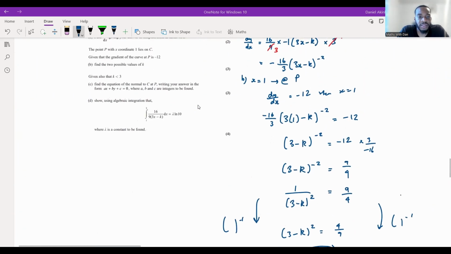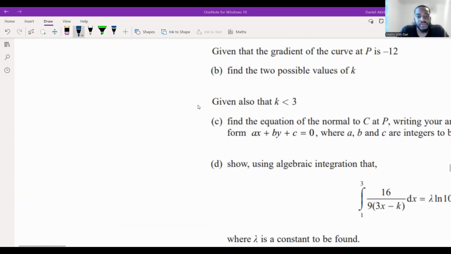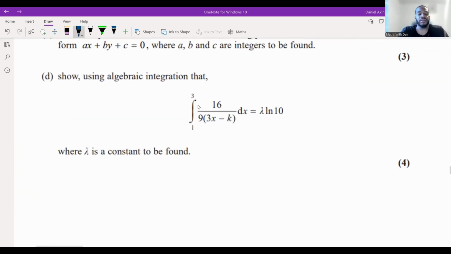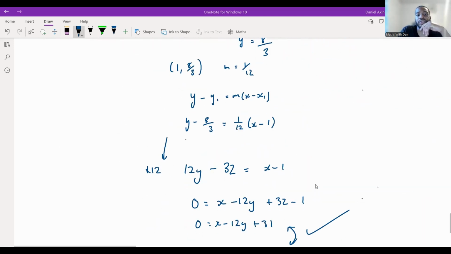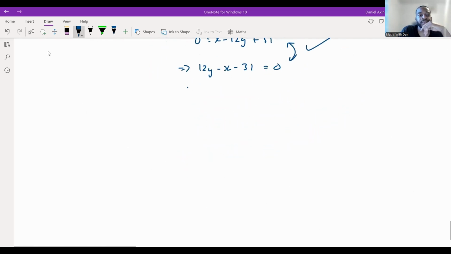Of integration now. Okay. So it's show using algebraic integration that the integral between 1 and 3 of 16 over 9, 3x minus k dx is equal to lambda ln 10, where lambda is a constant to be found. Okay, so,